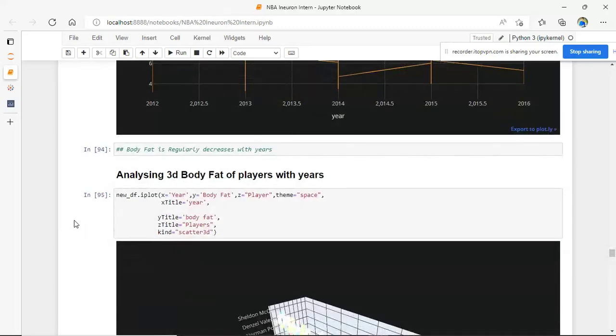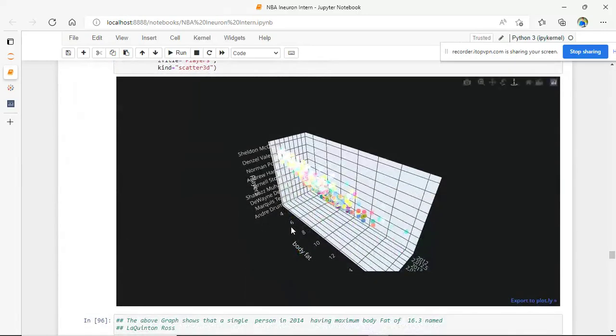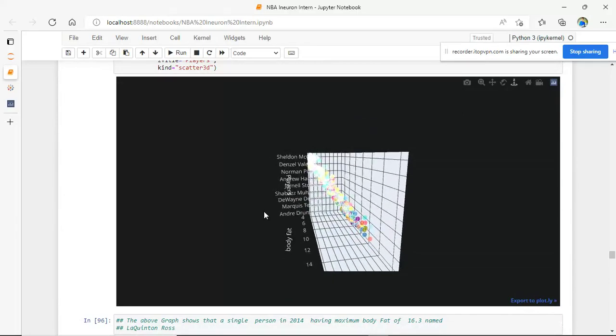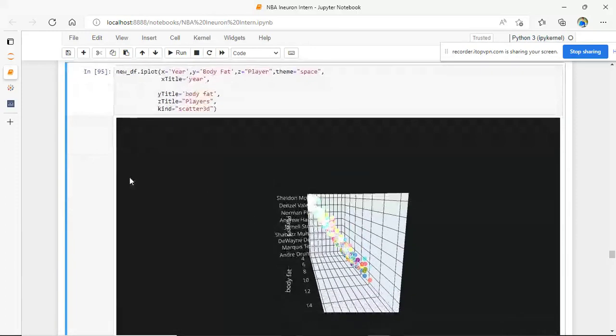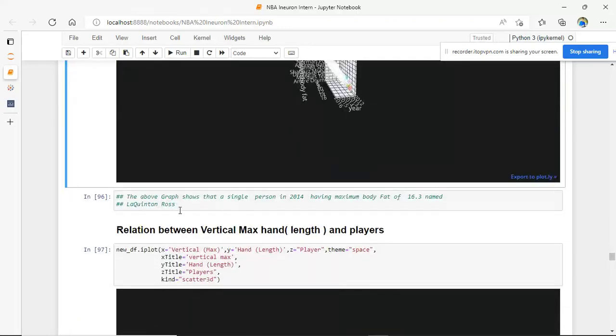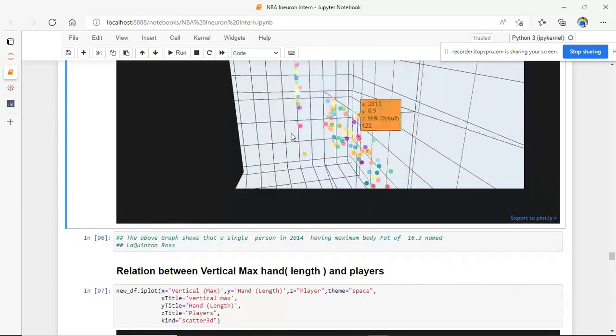Now, analyzing the 3D plot for the body fat of the player with the year, you can see that there is a linear decrease in the body fat with the year. And the above graph shows that a single person in 2014 has the maximum body fat of 16.3, named LaQuentin Rose. As you can see in the figure,